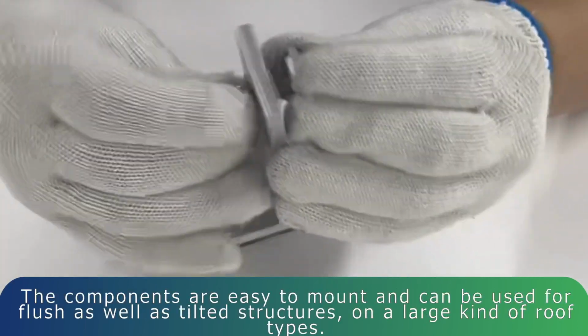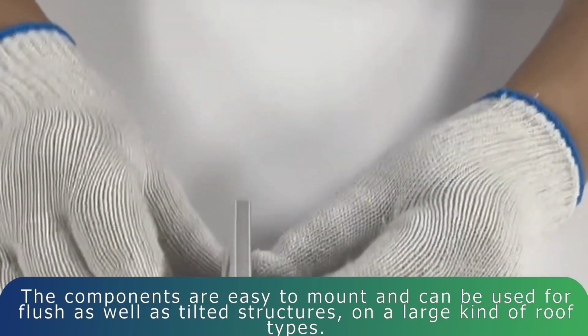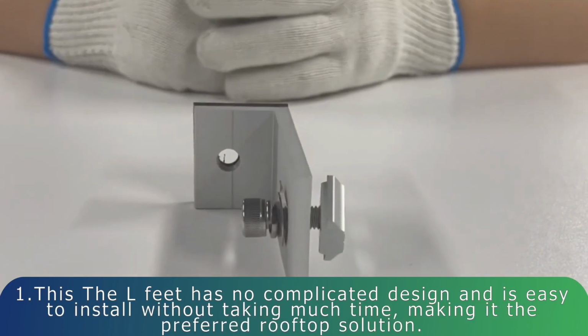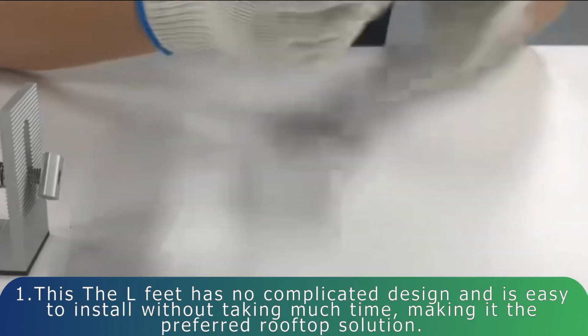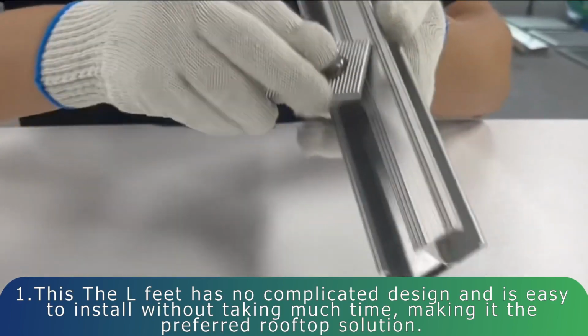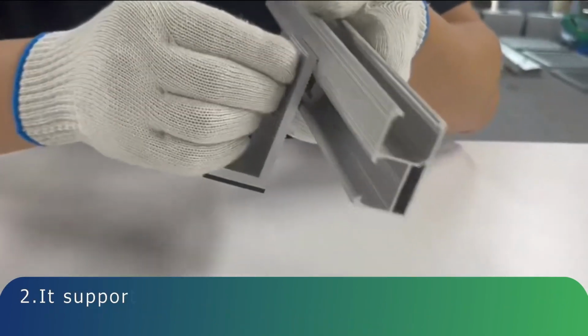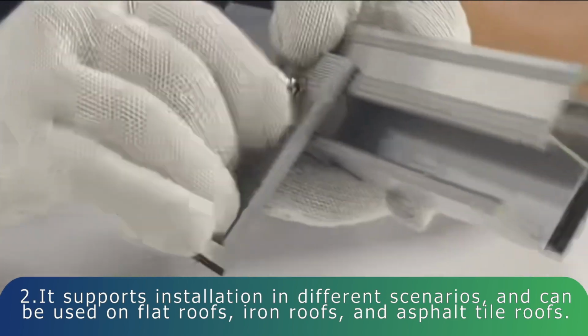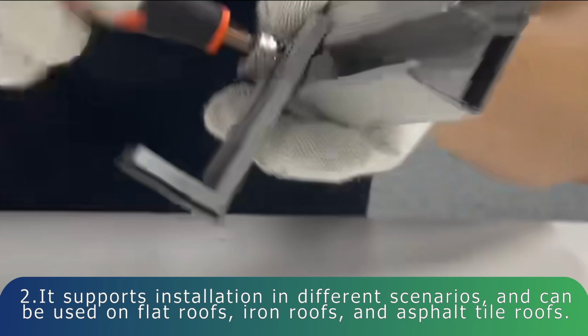It has a simple and straightforward design that allows users without expertise to easily install it. The L-Feet has no complicated design and is easy to install without taking much time, making it the preferred rooftop solution. It supports installation in different scenarios and can be used on flat roofs, iron roofs, and